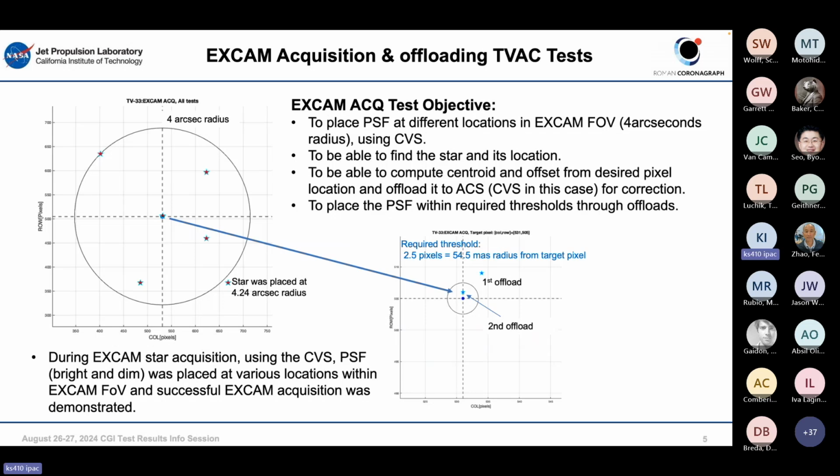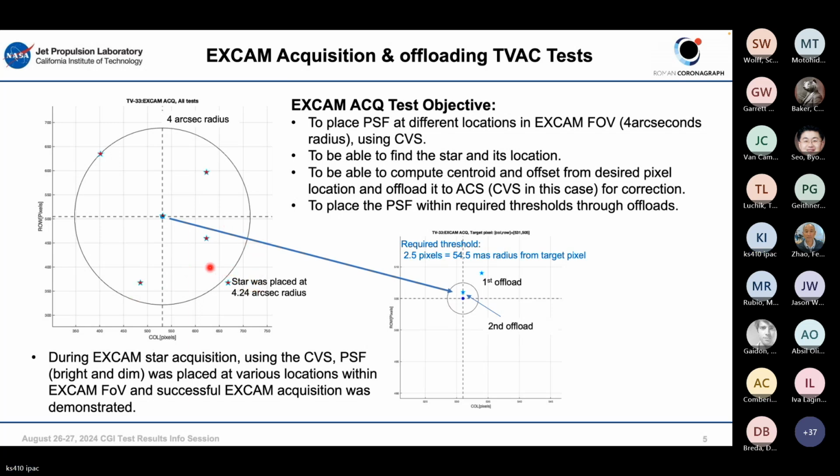So we did, for XCAM acquisition, we actually placed, this is a 4 arc second radius that we have, this interface right here, system to bring the star within this. We placed the star at different locations. We even put the star outside that 4 arc seconds, and from here we need to bring the star within the desired threshold region. So this is this little star here. Is this 2.5 pixels or 54.5 seconds,